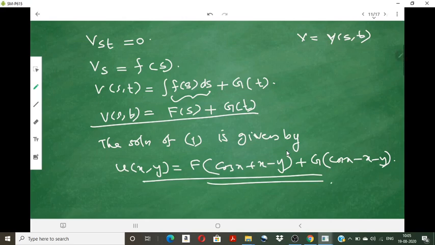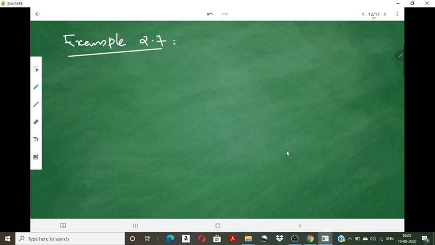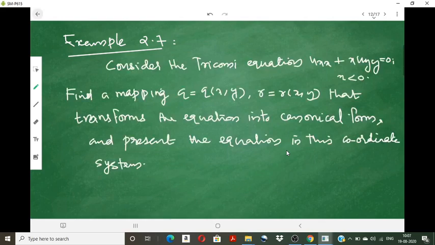Okay, there is one more problem, Example 2.7 of the textbook. Consider the Tricomi equation u_xx plus x into u_yy equal to 0 with x less than 0. Here we have to find a mapping q equal to q of x,y, r equal to r of x,y that transforms the equation into canonical form and present the equation in this coordinate system. So this is the problem. First of all, you have to